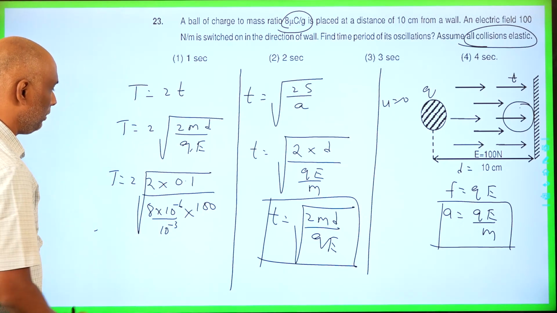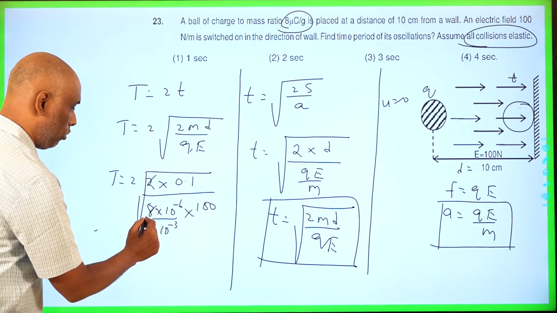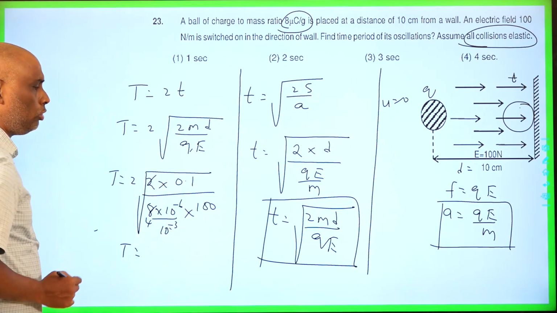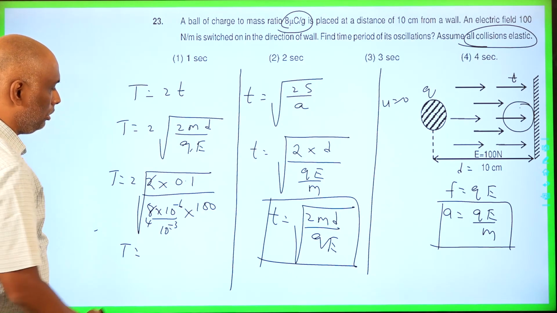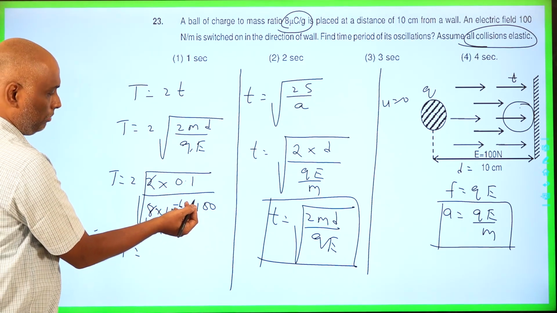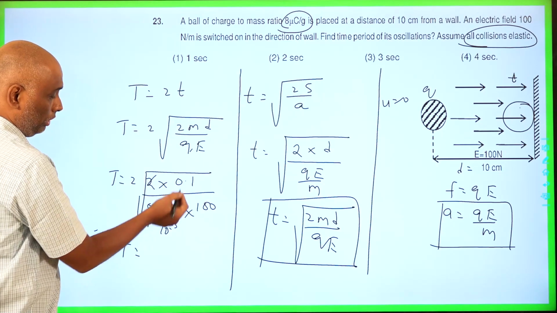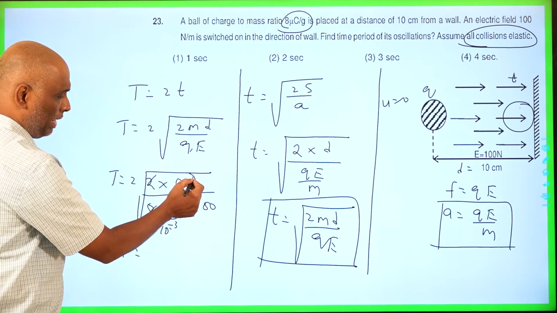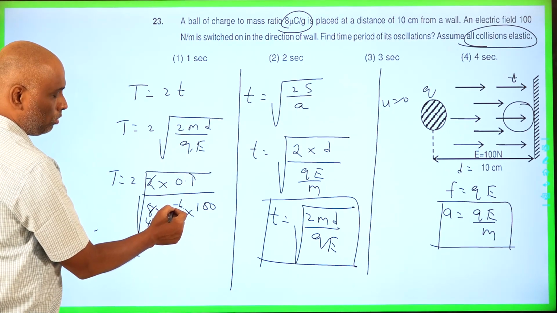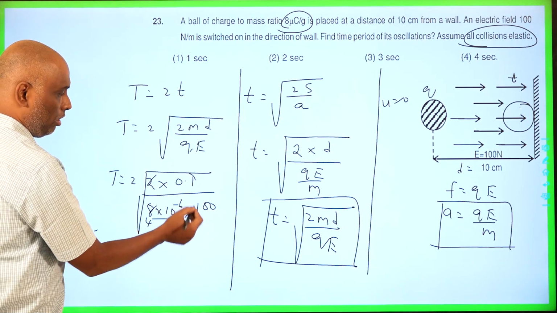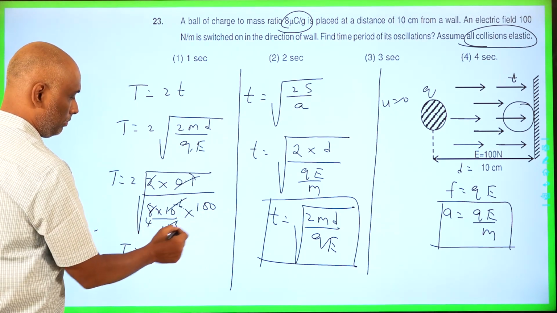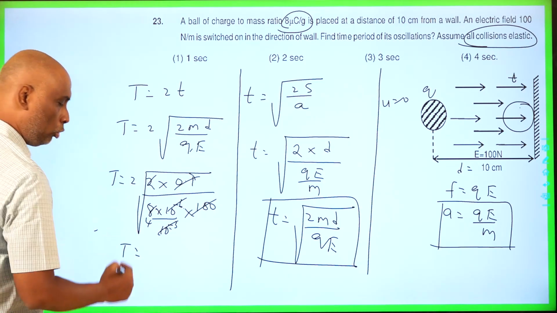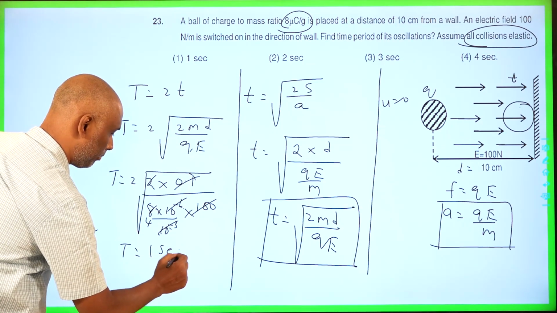So now from this equation I can say the time period is equal to 4 times the square root of: 10 power minus 3 goes to the numerator, it will become 10 power plus 3. So this will become 10 square. Now when it goes to the numerator here, you get 10 power minus 3 into 10 power minus 1, 10 power minus 4, in the denominator 10 to the power of minus 6, which is 10 power minus 2, and the 100 will all get cancelled. 1 divided by 4, root 4 will become 1 by 2. 2 into 1 by 2 will become 1 second.